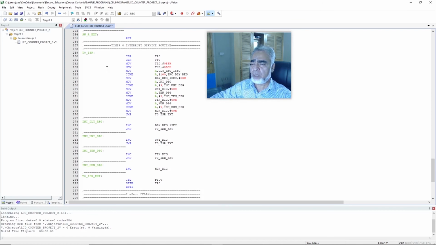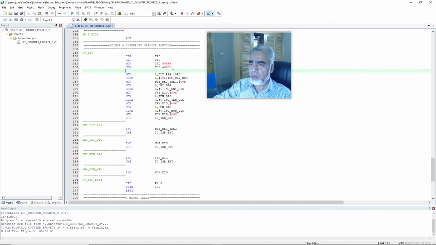And now we'll condition the timer 0 interrupt service routine with the start stop flag. So here we will write JNB SSFLG, T0ISR_EXIT. It means that if the status of the start stop flag is 0, then our program will jump to